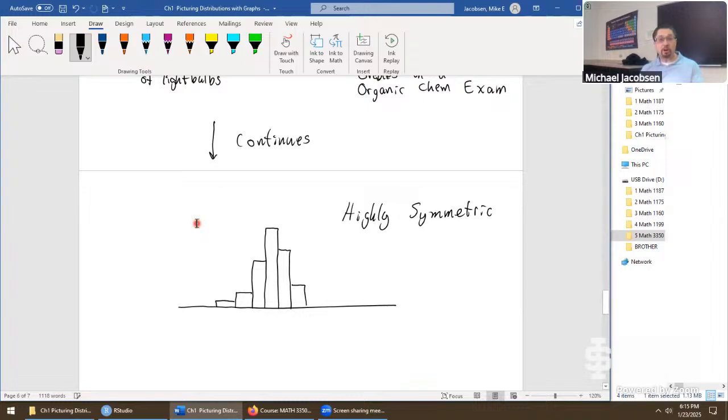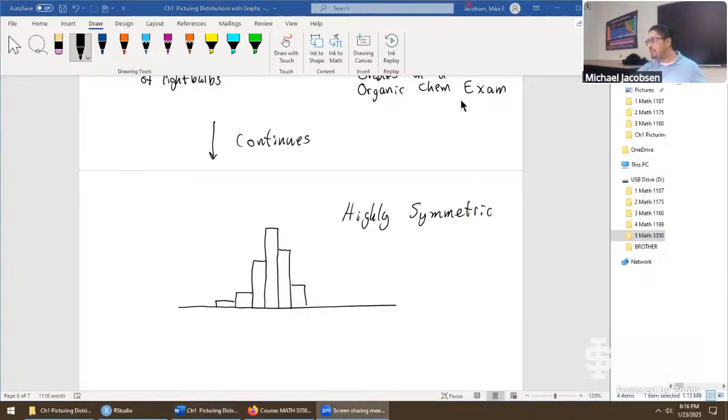Again, no real data has perfect symmetry, except for some very rare cases. So even if it's highly symmetric, it has a slight skew in a specific direction. You wouldn't have to mention this if I'm asking if it's symmetric or skewed. You could just say highly symmetric, and that would qualify for this problem. But if you want to give more information, which direction is the skew? Is it left skewed or right skewed? That's slightly in the picture.